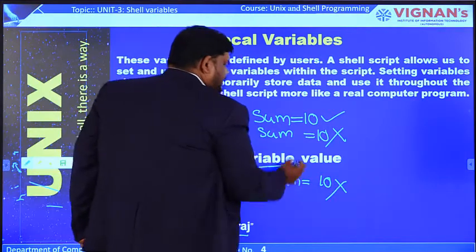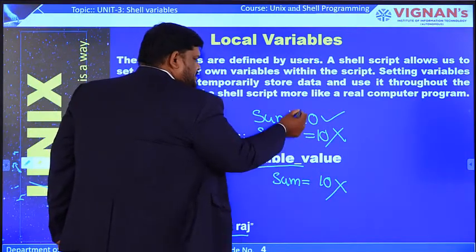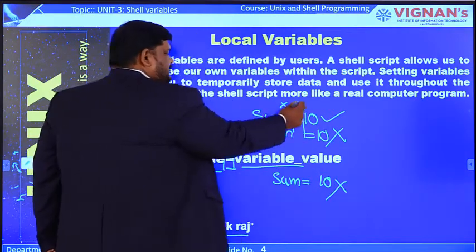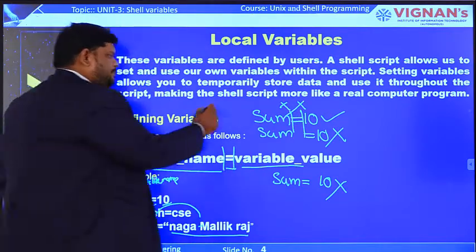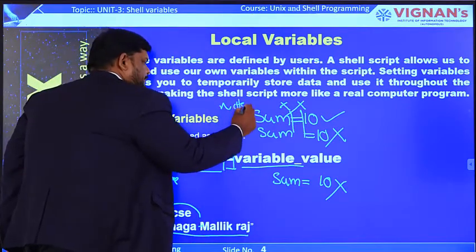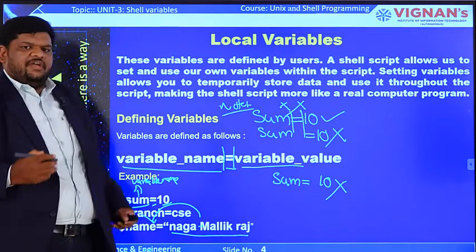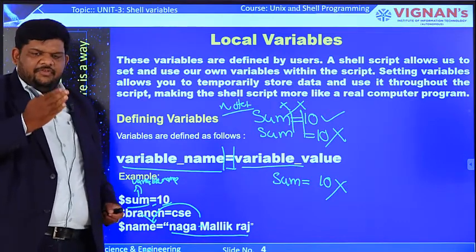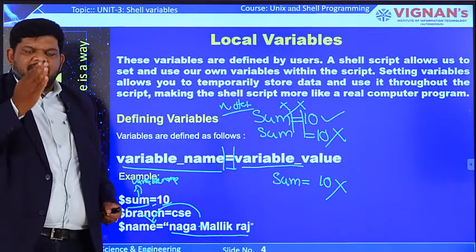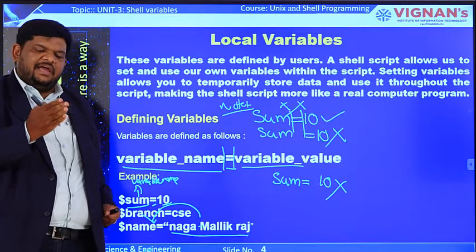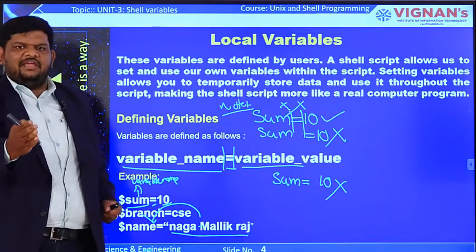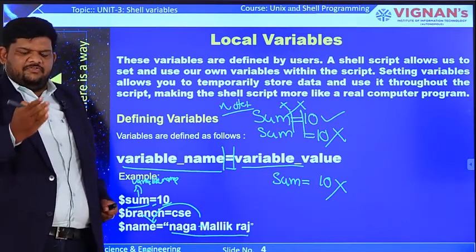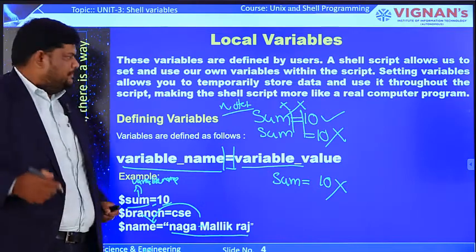So we have to write without any white spaces before and after the equal to. This is one important note. So while defining a variable, the variable name without any white space, then the assignment operator, again without any white space, and then the value. So variable is equal to value.